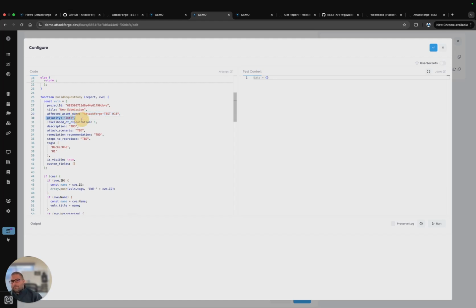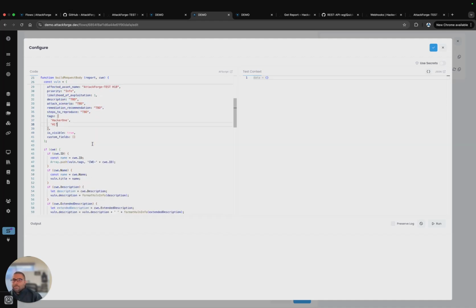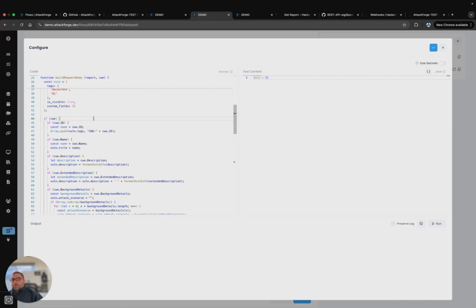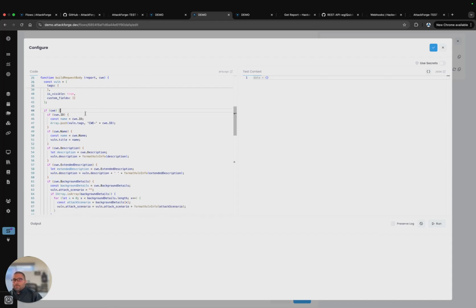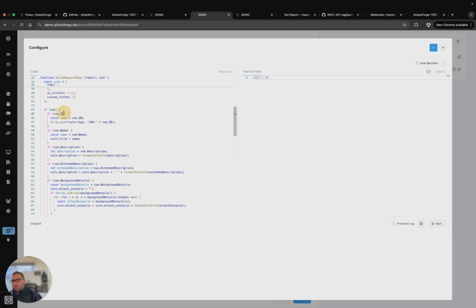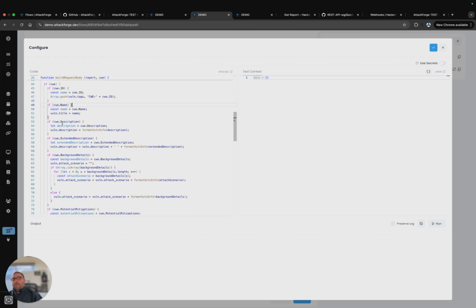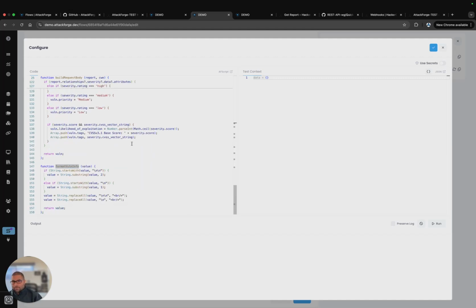We're setting it to informational by default, and then we can go through and adjust the priority as we go. And similarly here, we don't know anything about the vulnerability just yet, but that's going to be added very shortly. So now the first thing we're doing, we're checking, do we have a CWE? And if so, let's start populating some data. So we're pulling out the ID, the CWE name, and we're taking advantage of the description and extended description as well. You'll notice that there is another function there called format vuln info, and that's another function we've declared a little bit